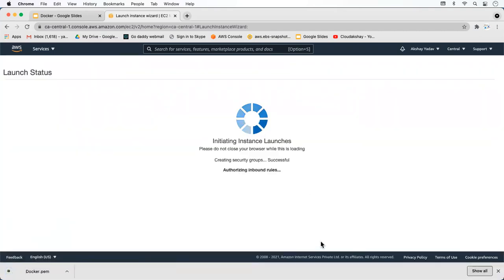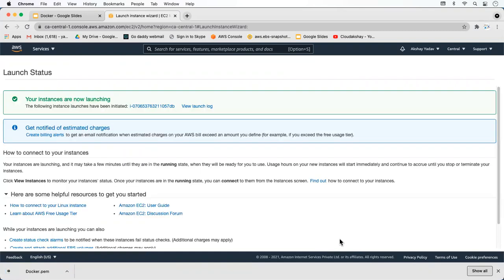You can use the same step to install Docker in other Linux machine. So I create a virtual machine in AWS. Let's connect it quickly.